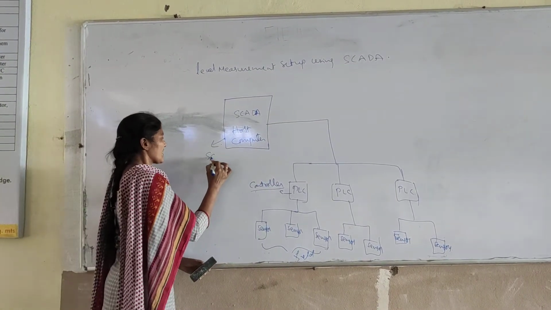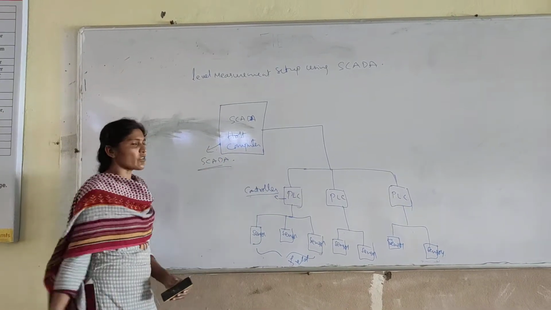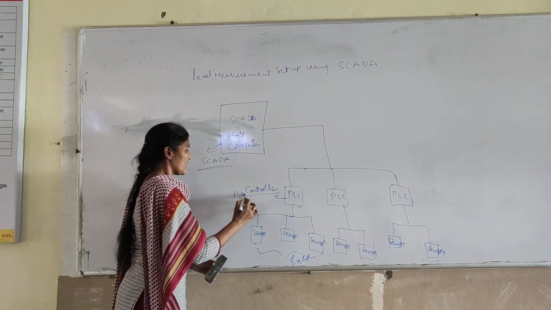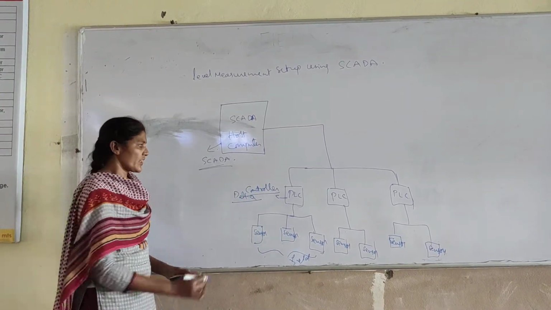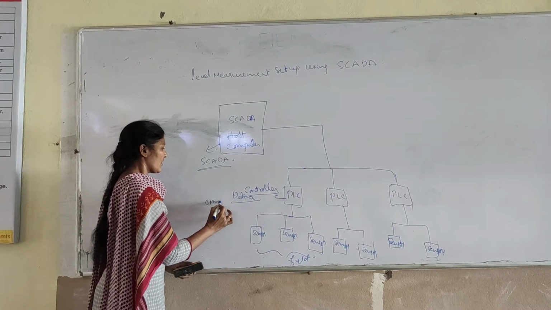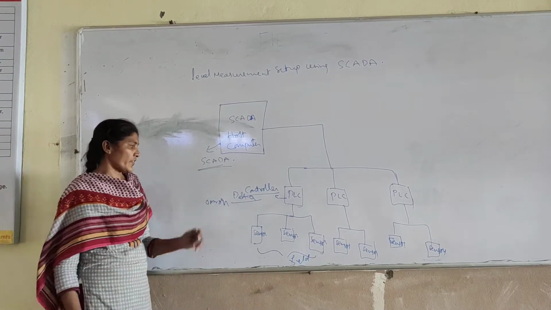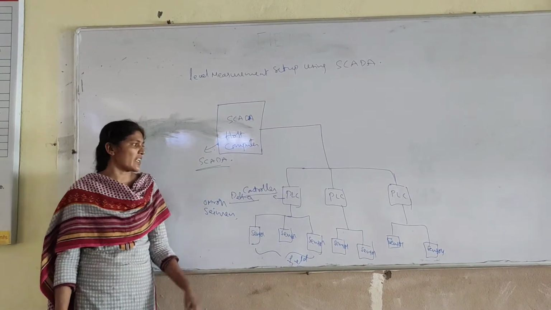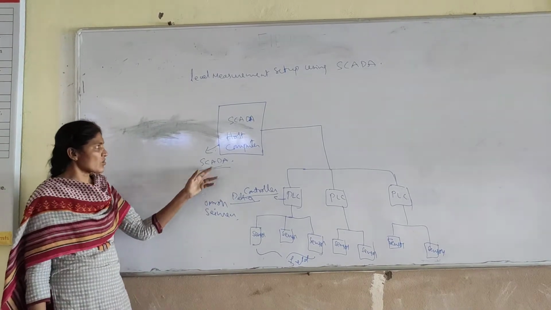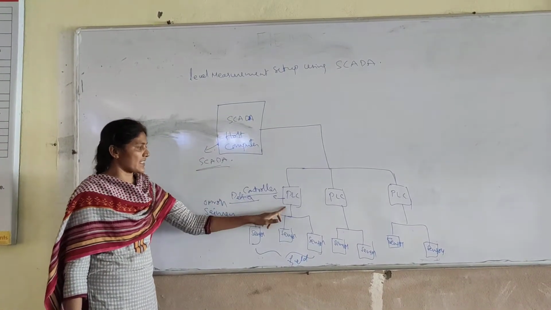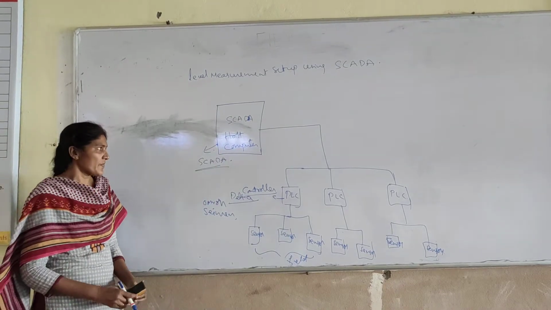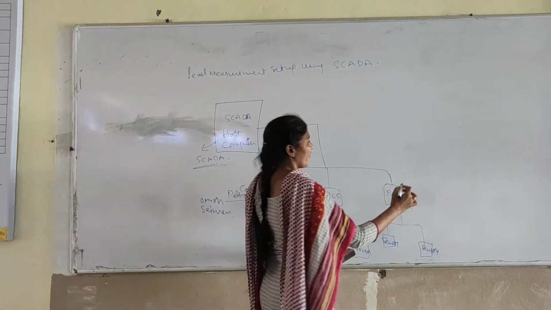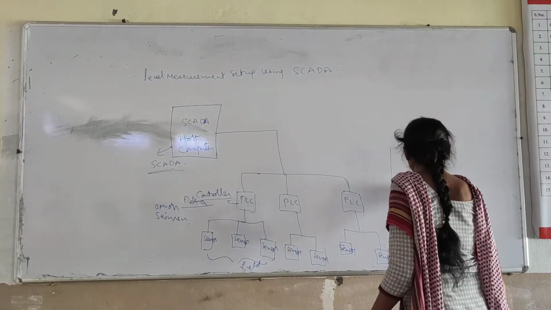Here we can use the SCADA software. The SCADA software depends upon the PLCs. If you use the Delta PLC, we can use the Delta related SCADA software. If you use the Omron PLC, we can use the Omron related software. If you use the Siemens PLC, we can use the Siemens related SCADA software. So based on the PLCs, we can use the SCADA software. Now for this total setup, for example, our instrument is a level monitoring or level measurement setup.